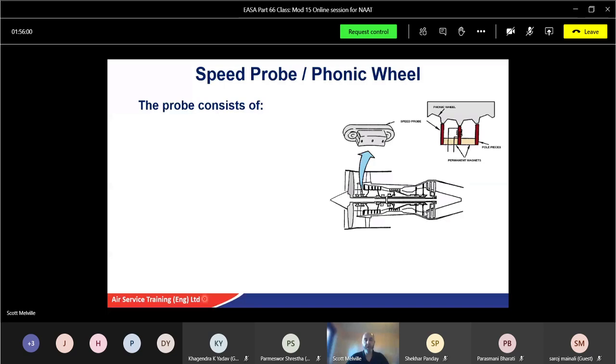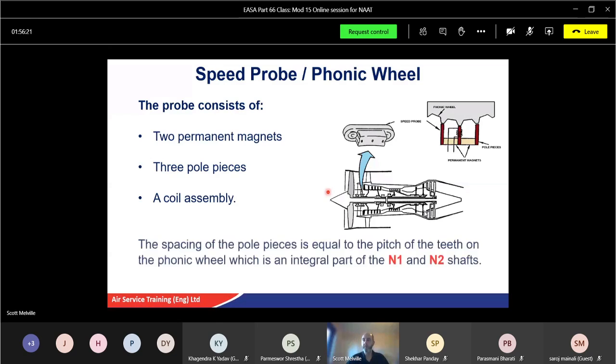And that's how ABS systems get the signal. So the probe consists in this case of 2 permanent magnets, 3 pole pieces. So you can just say there, little dot there, and dot. So it's 3 pole pieces. Okay, 2 permanent magnets and a coil assembly to pick up the power as you get the induction of the magnetic field. The spacing of the pole pieces is equal to the pitch of the teeth on the phonic wheel,